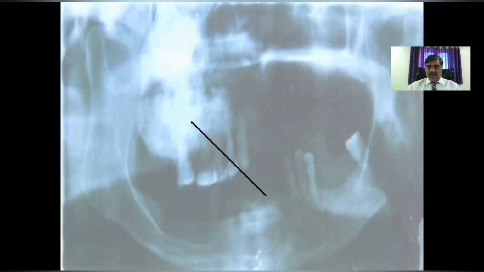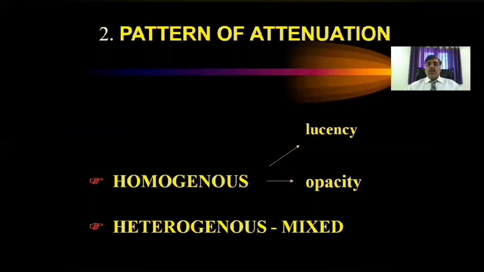So I have shown you an example of how a radiolucent lesion appears black and how a radiopaque lesion appears white or light. So the message that we have got from the first feature is, if the lesion is radiolucent, it means the lesional tissue is non-mineralized. And if it is radiopaque, the meaning is the lesional tissue is more mineralized than the normal bone.